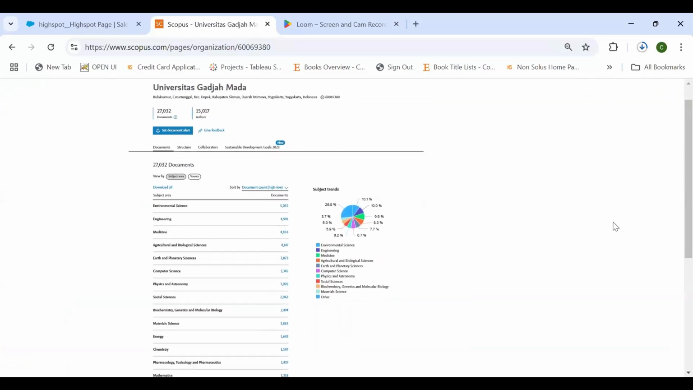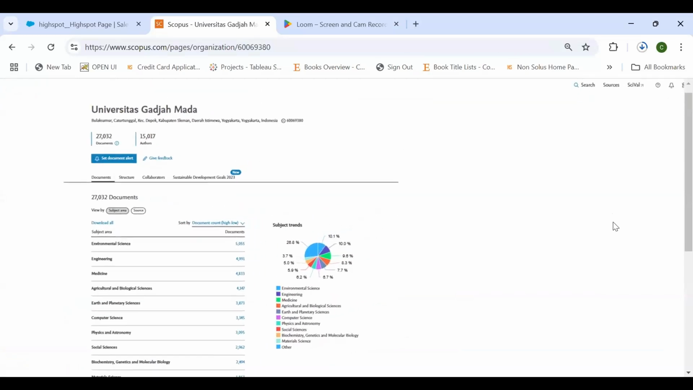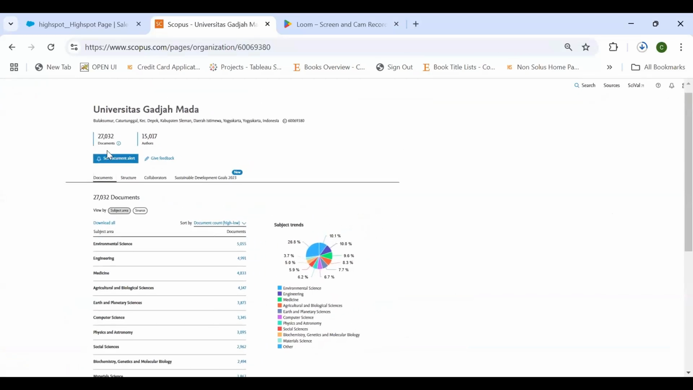How many documents. You would see at the overview, the number of documents, the number of authors. So these are all Scopus indexed documents, Scopus indexed authors. So again, as you know, to be Scopus indexed, as an author, you need to have an article that has been indexed in Scopus. Okay, for UGM,